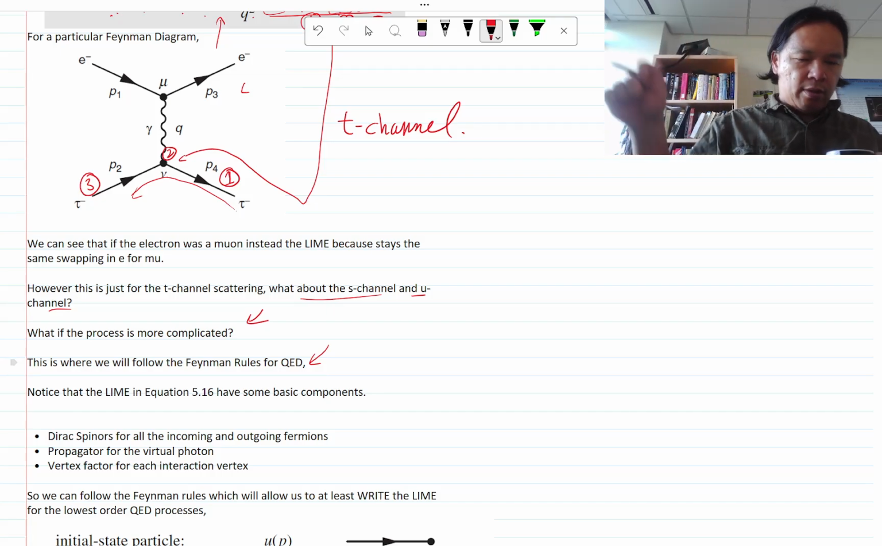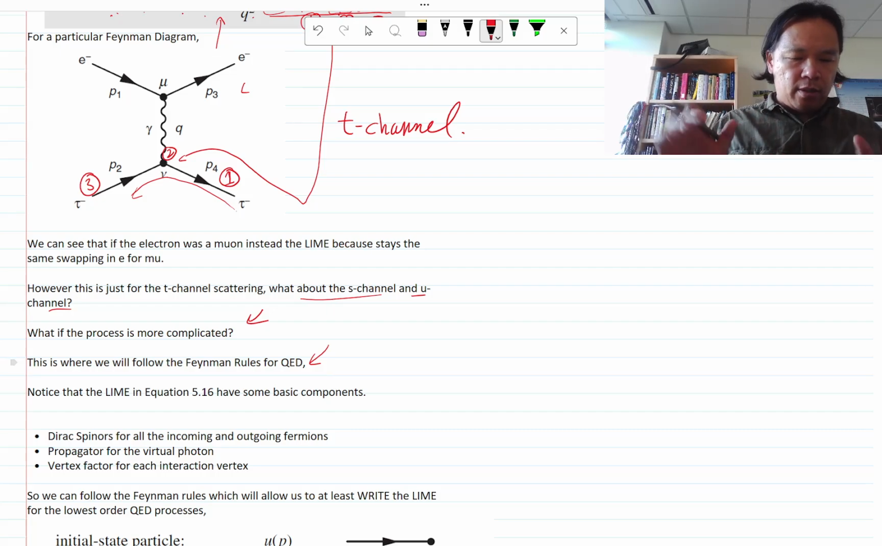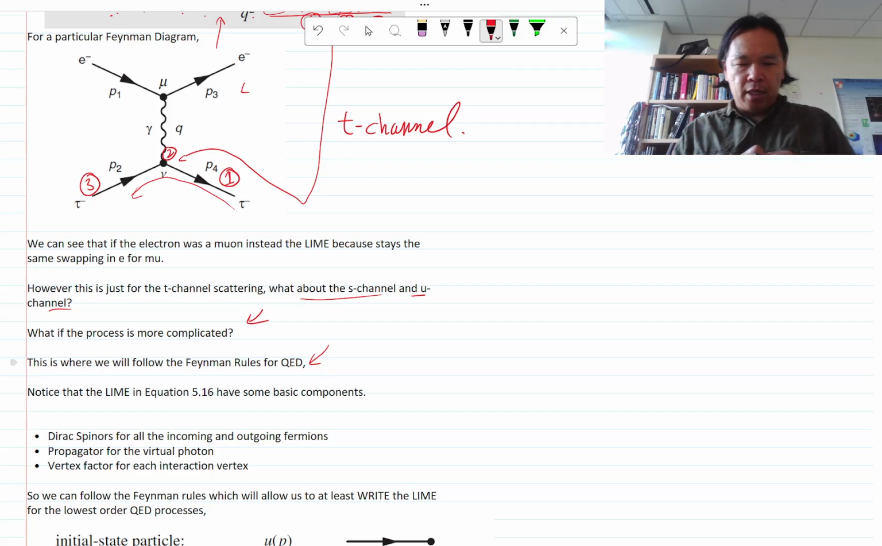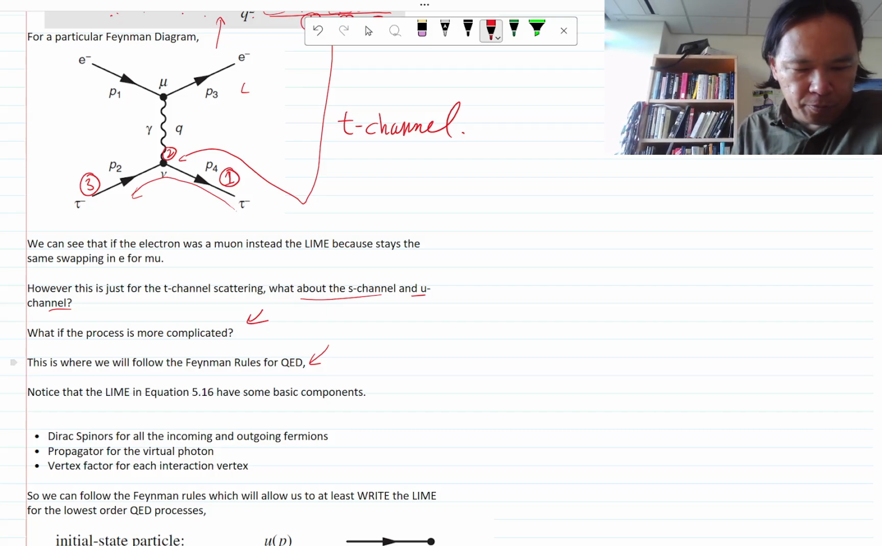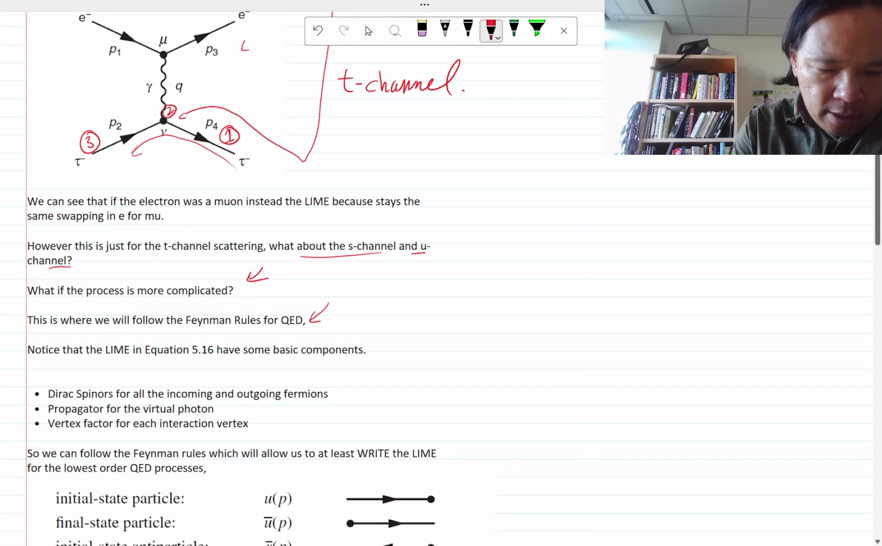Because as soon as you start adding loops to it, then it gets a little bit more complicated. But we can actually get the lowest order approximation. Basically, the answer is going to be good to 1 in 10,000 because we can actually do this. Okay. So what we want to think about is the Lorentz invariant matrix element, which I had a